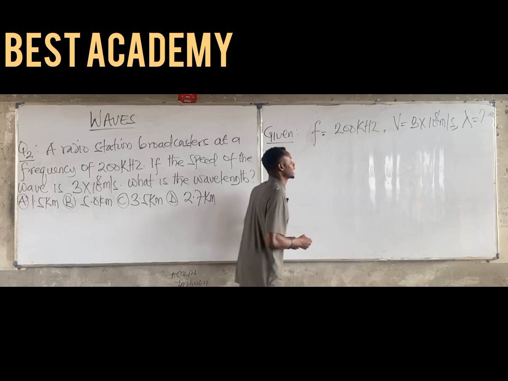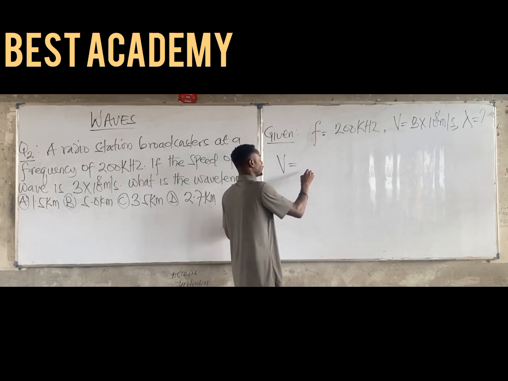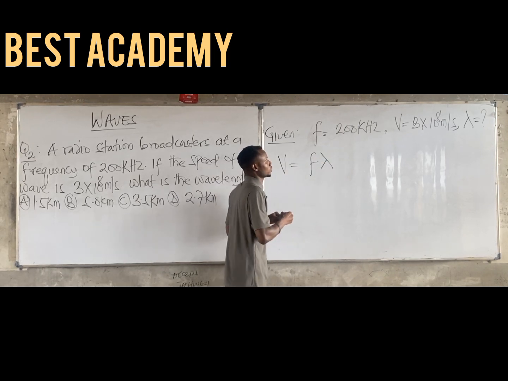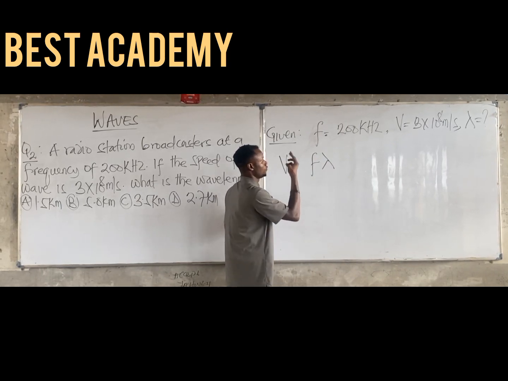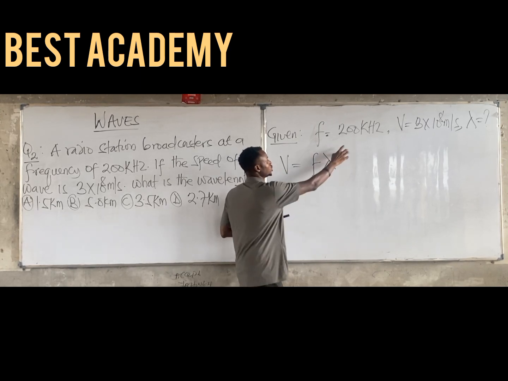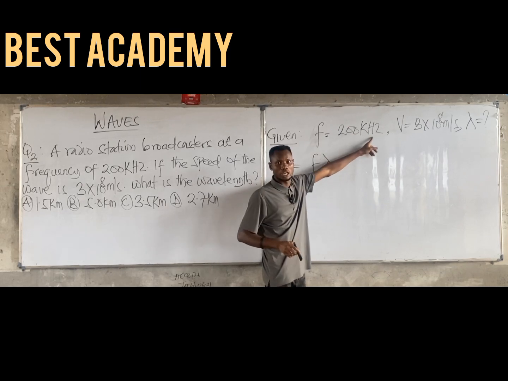Okay. Now, let's write our equation here. Our v will be equal to f lambda, because this particular equation is focusing on velocity, frequency, and lambda. But if you look at the frequency here, it is given in kilohertz, hence,